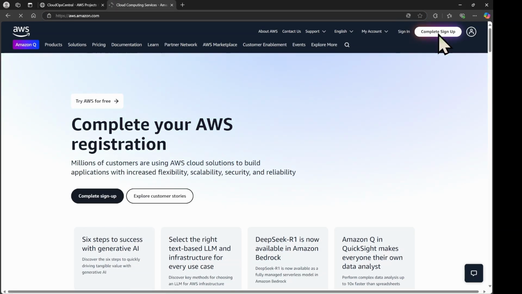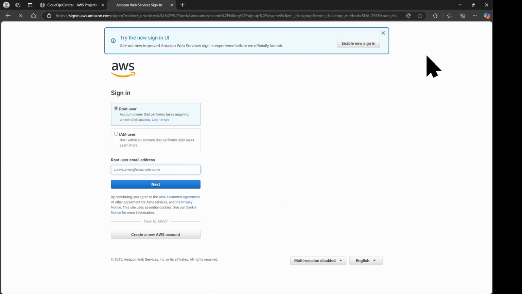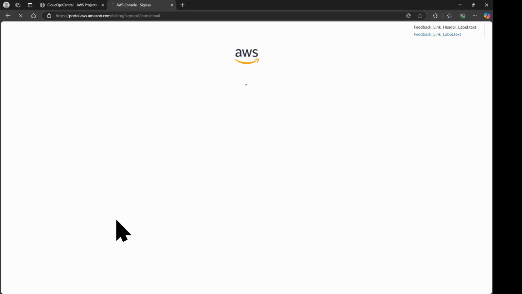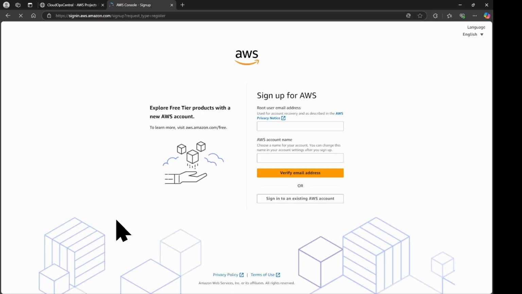Once we click on that, we'll get to the next page and we want to go down to create a new AWS account. We'll go ahead and click on this and we will begin to create our new account. The first thing we're going to want to do is put in a root user email. In this particular case, I have made up a fictitious email. It's actually live, and we'll go ahead and use it